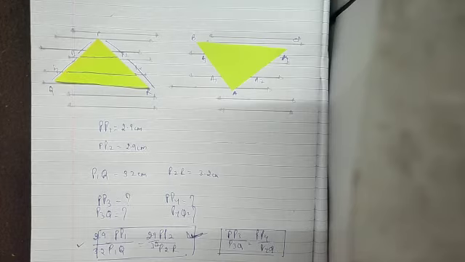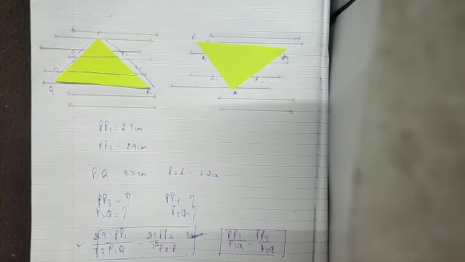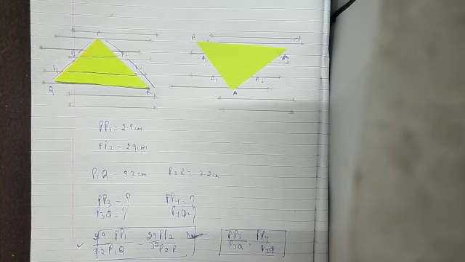What it is basically showing you is that when points P1, P2 or P3, P4 are on two sides of a triangle and the third side becomes parallel, then the divided sides are proportional to one another. So this is basically verifying my Thales theorem. Same way you will do the activity and write the observations in the table.